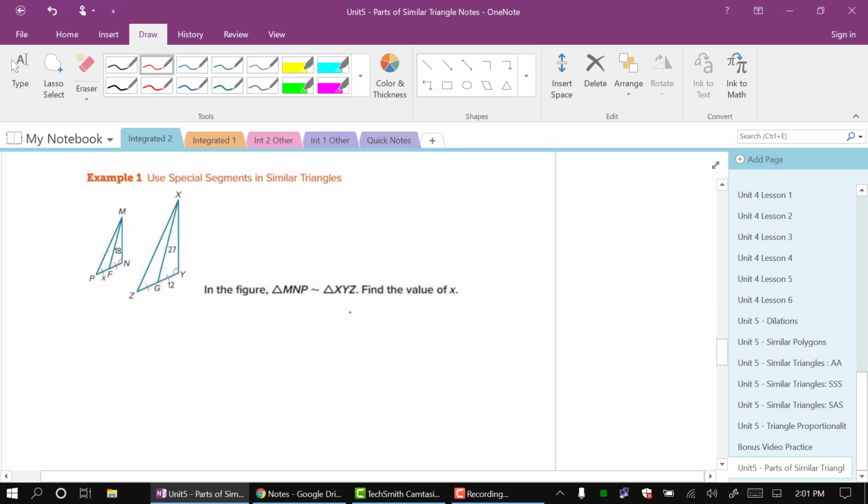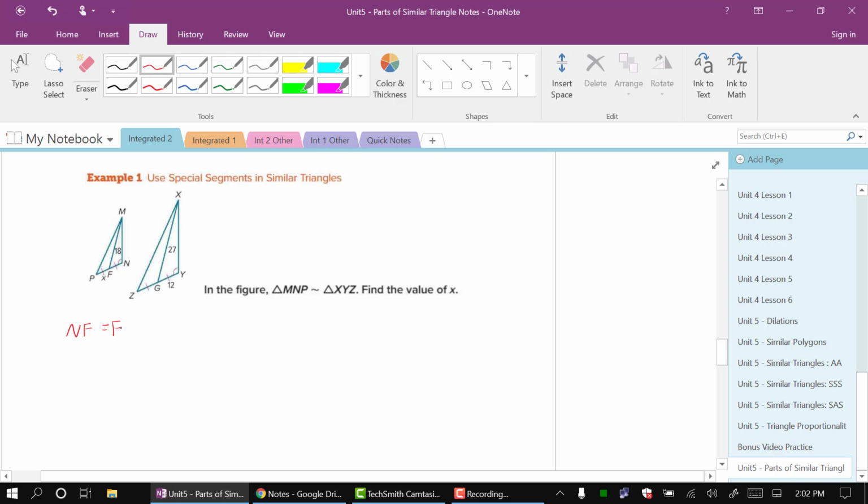So our first example: in the figure, triangle MNP is similar to triangle XYZ. Find the value of X. So we want to find this value of X right here. We know from this that MF and XG are corresponding medians. So NP and YZ are corresponding sides of the similar triangles MNP and XYZ. Because MF and XG are the medians of the triangles, we know that NF